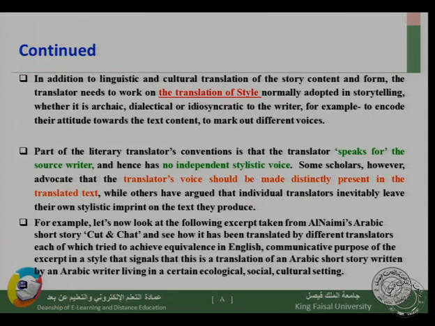It is a story written for people in England, and England is covered with snow most of the time, and they have their own culture, they have their own country. It's a different setting. Can you translate it into another setting, whether it is in Saudi Arabia or in another country of the Arab world? Can you convert or transfer or translate, taking into account the equivalence matter and the communication issue and the stylistic features of the story? This is a question you need to ask yourself all the time.